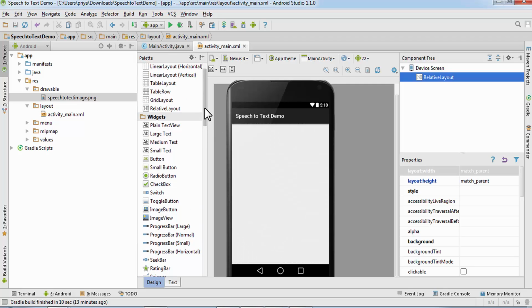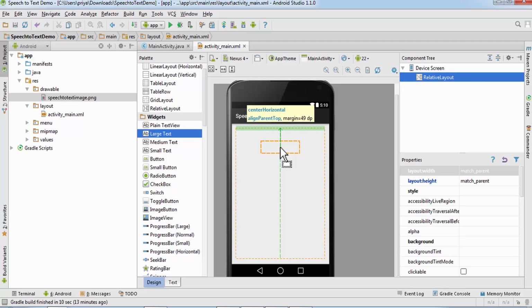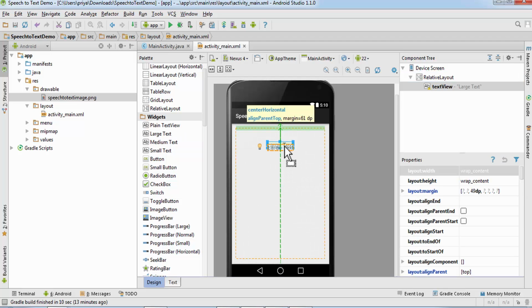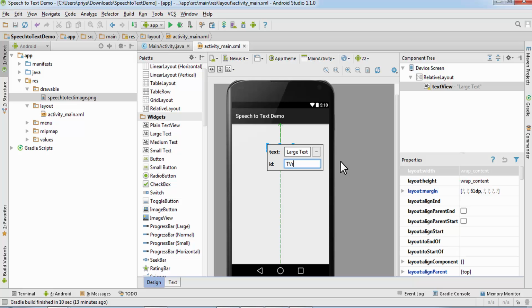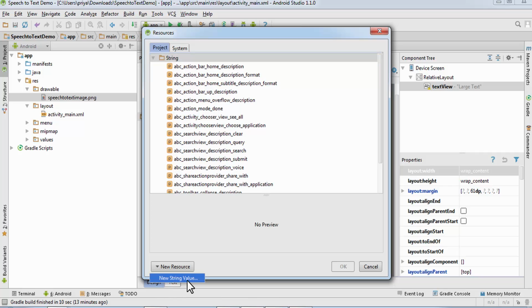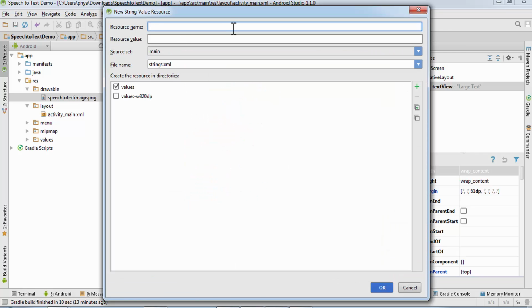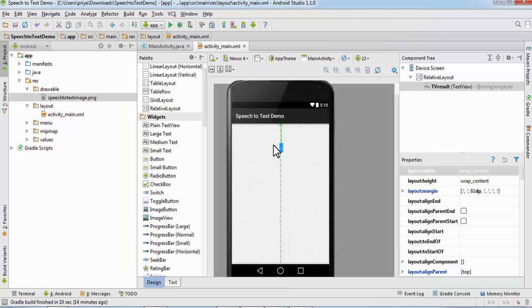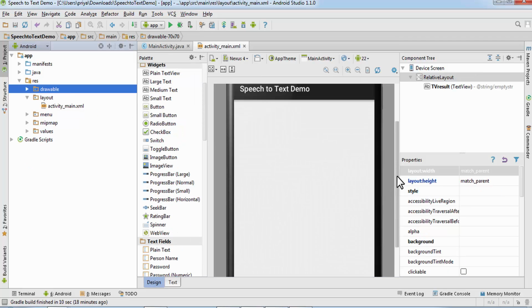So for that we are going to add a large text here, and I'm going to double click on it and set an ID. So TV for text view, and it is a result, so I'm going to write result. And here I'm going to create an empty string. So you can create a new string value. I'm going to just write empty str for string, and for resource value leave it empty and click OK, so that there is no text for now. So I'm going to get one image button,